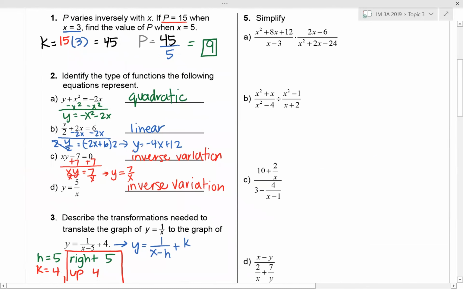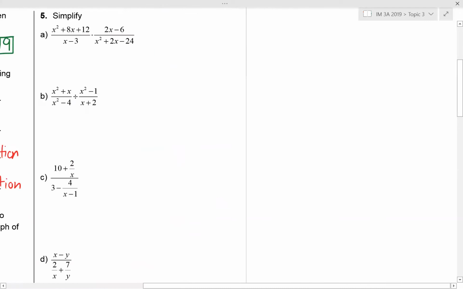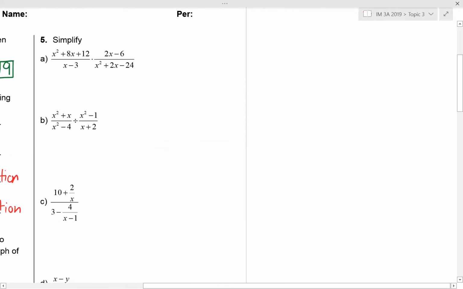So number 5 says simplify, but it's really a combination of everything we did in a lot of sections. Notice that for the first problem, we are doing multiplication. So if I'm simplifying something that is multiplied, the idea here is I want to factor and then reduce. We don't have to identify the domain, but the idea of domain would still apply, that my denominators are not